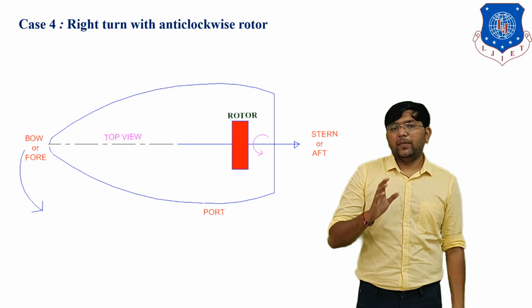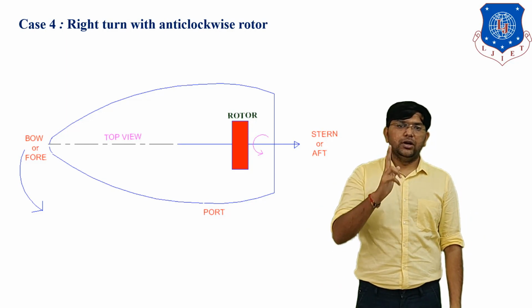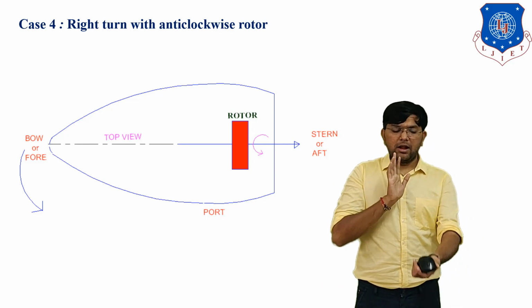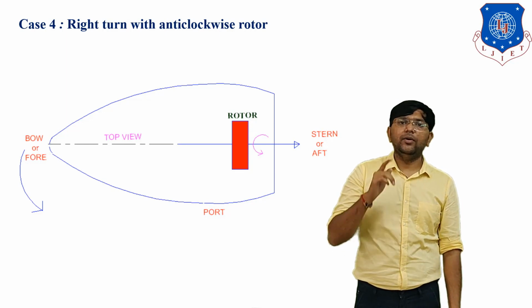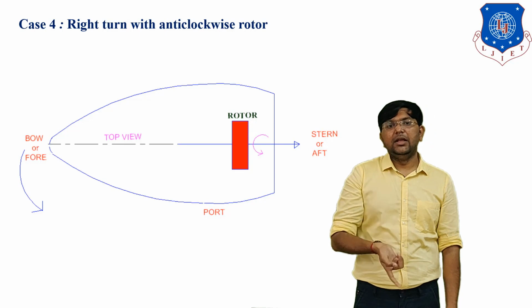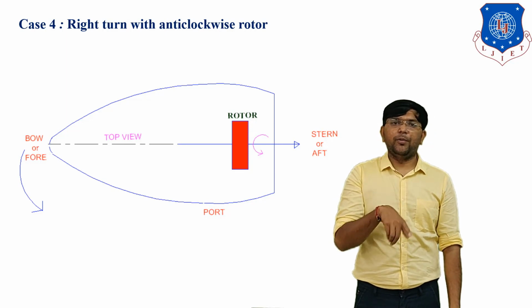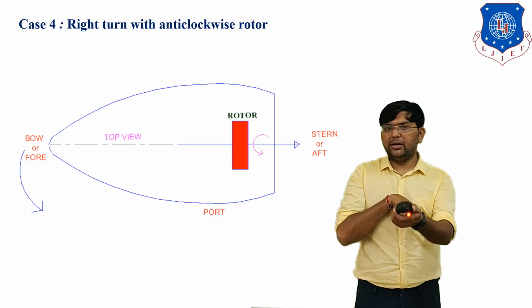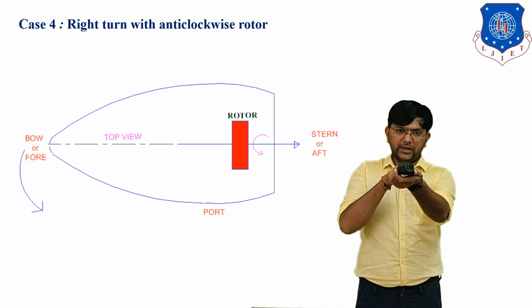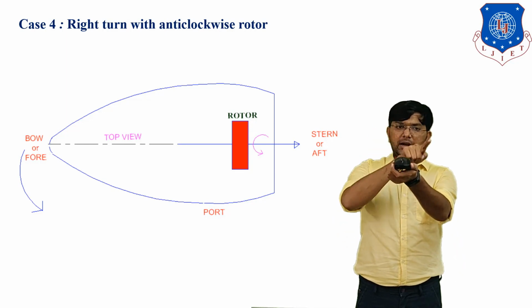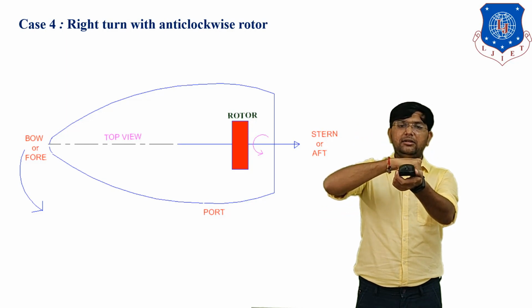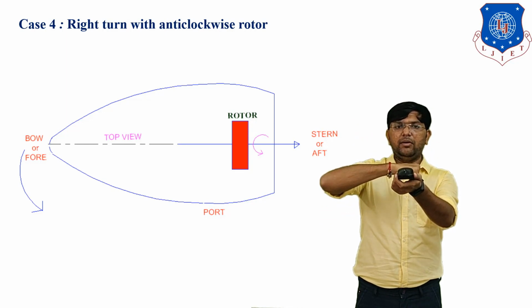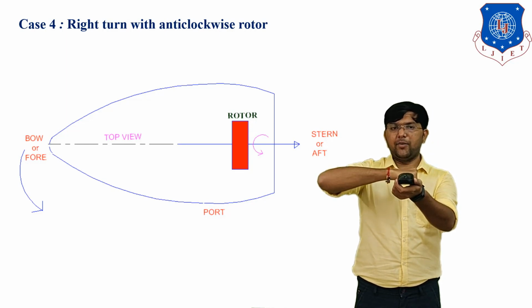Now you all know, you always observe the ship from the rear side. So this is the rear side of the ship. First of all, identify the direction of angular momentum. So in this case, the propeller rotates in the anti-clockwise direction. So you have to observe the ship from the rear side. Here is the propeller. Now the anti-clockwise direction. Put your fingers in the anti-clockwise direction. Then the thumb indicates the direction of angular momentum for the rotor. So the angular momentum direction is in the backward direction.